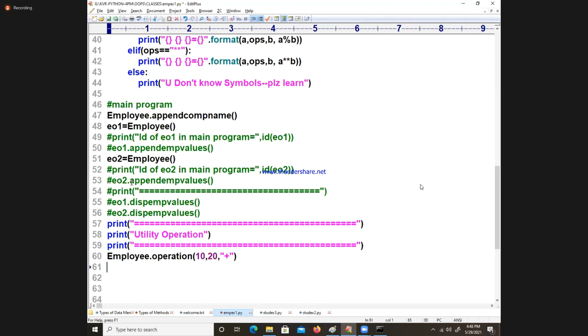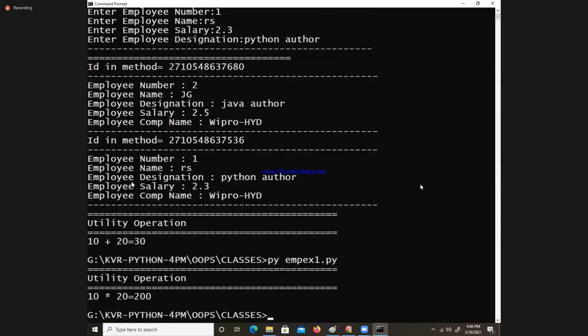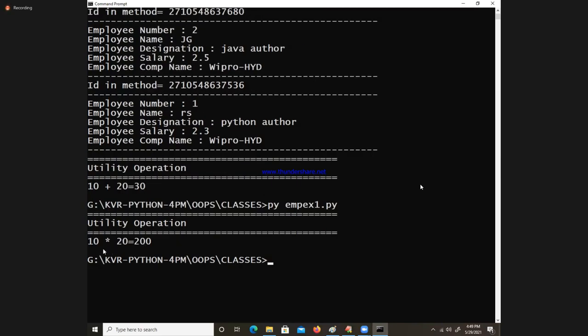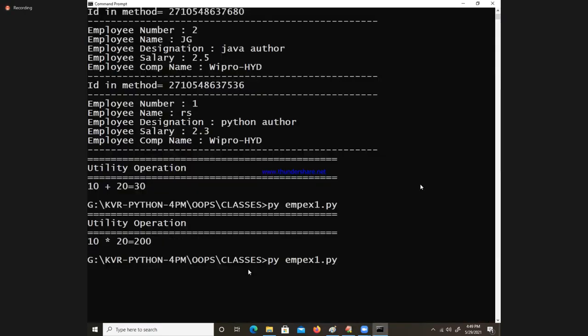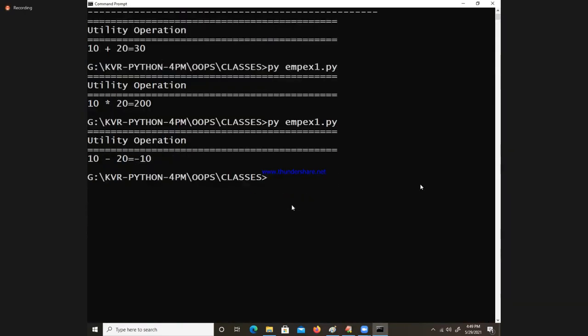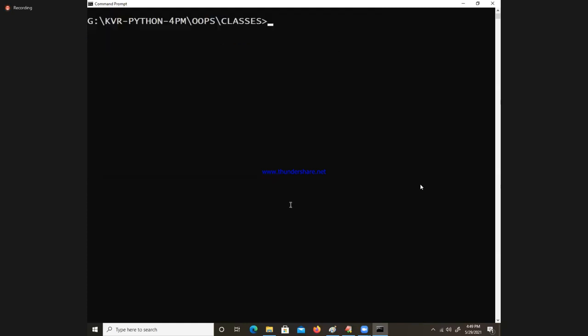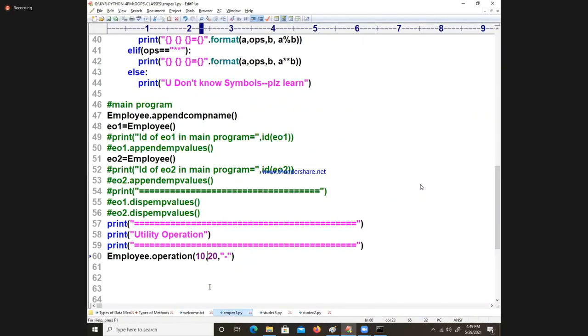Okay. Now you change it. That is called say star usage. It is going to give you utility operation directly, 10 star 20. You say something like minus usage. I used the elif statement. Now you say whatever you like.